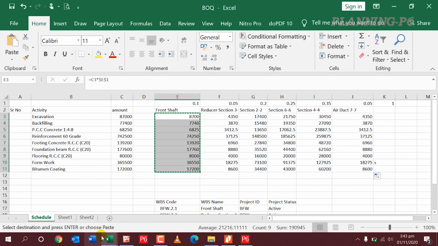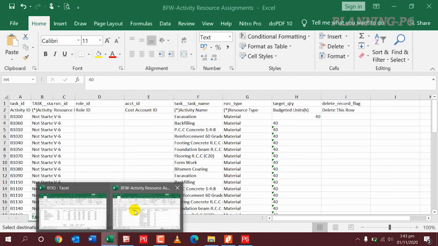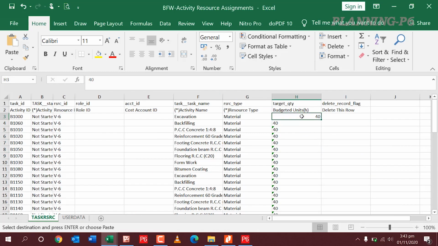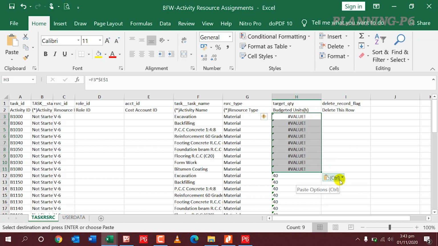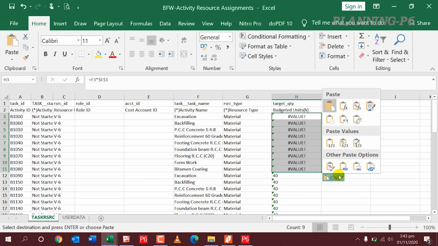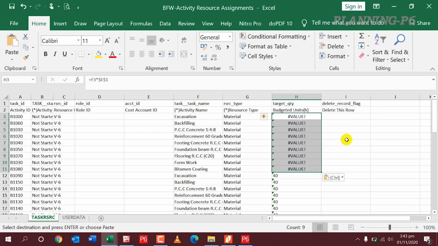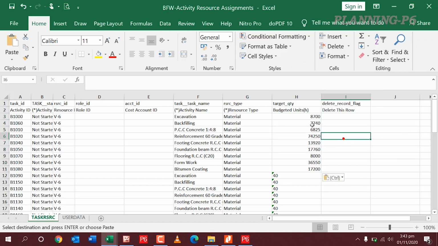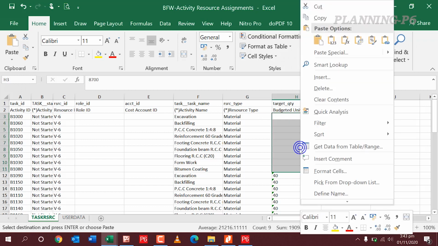Here we have excavation, everything we will paste here. Here I will go to format cell, text, and convert it into text.